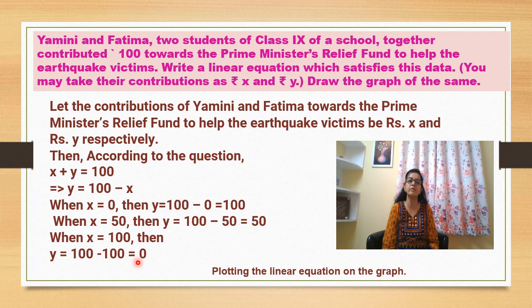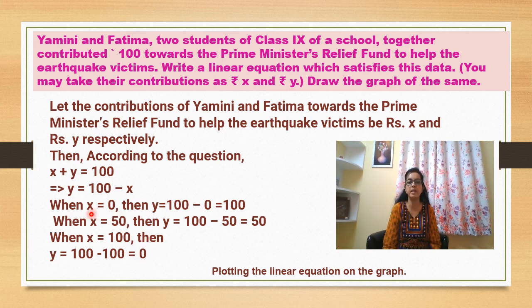So always try it. And if you are finding it easier, then you put it. If you think that the fraction is there, then don't use 0. You use some other number. Do certain work orally also, but always this tip will help you. The tip is that put x is equal to 0 one time and y is equal to 0 the another time. The same trick I have used over here.